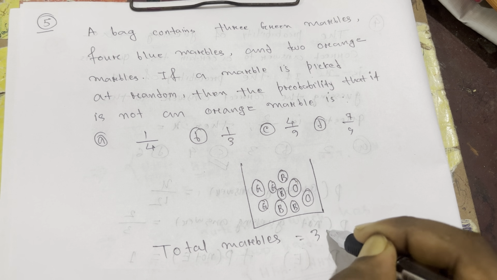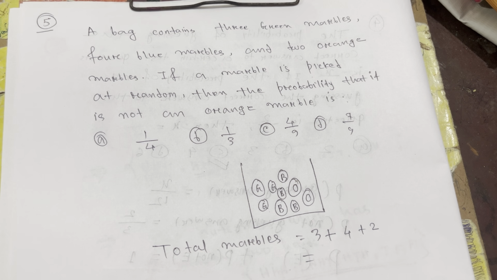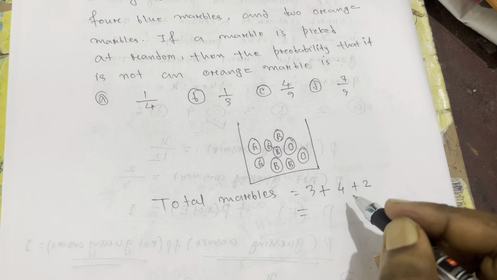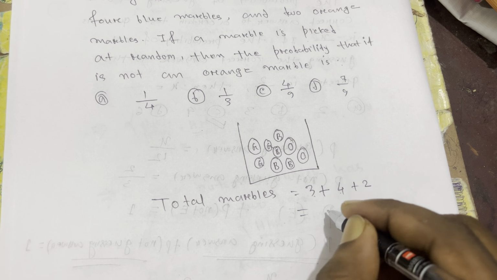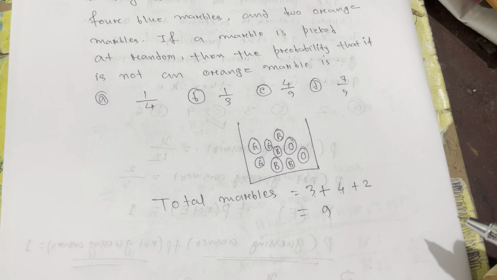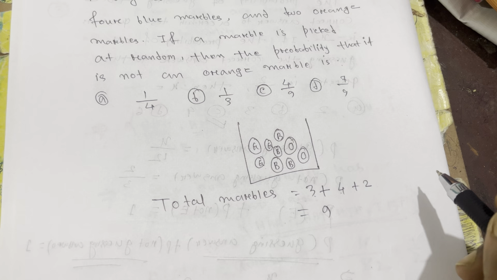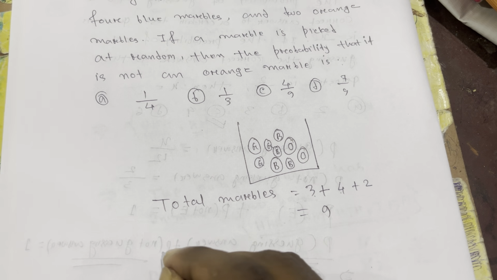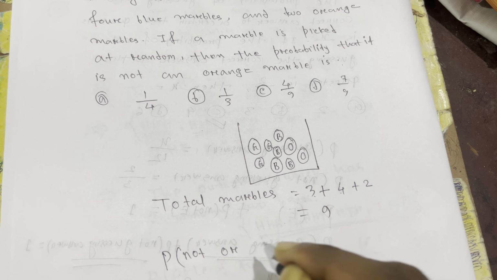3 green marbles plus 4 blue marbles and 2 orange marbles. So total, inside this bag, how many? 3 plus 4 is 7, 7 plus 2 is 9. So 9 marbles are here. Out of 9, how many marbles are orange? Only 2. So we need to find the probability of not an orange